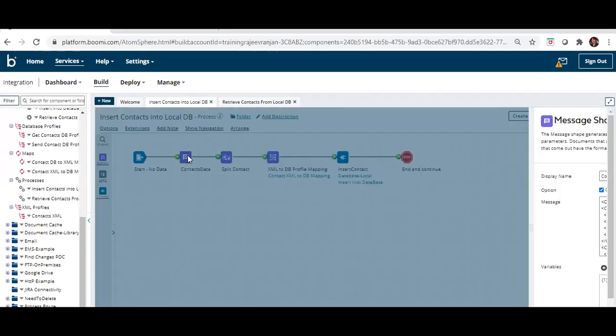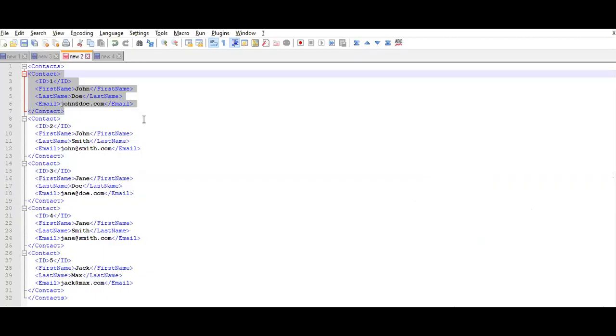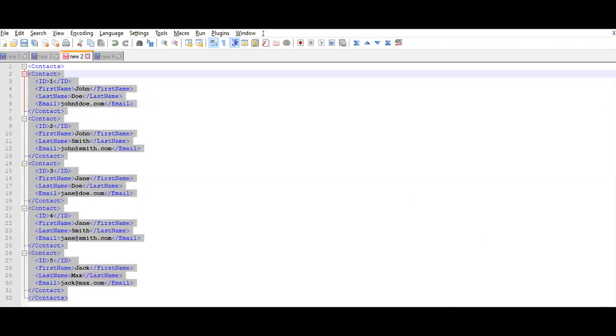For the message, I have put the message shape, which I used to generate the free flow message to test whether the insertion is happening into the database or not. These are all the five contacts I am putting here: ID1, ID2, ID3, ID4, ID5.